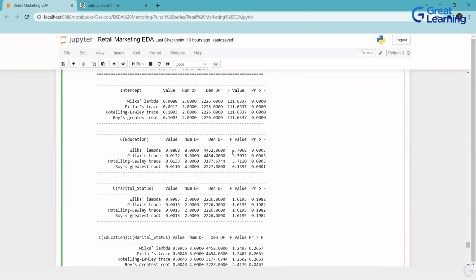Like in ANOVA, you will interpret it the same way. Since this p-value is very, very small and this p-value is greater, marital status alone is not significant. We also saw that, right? Together and single both are shopping in the same fashion. So this is not a much important factor, you can't segregate much on that category.